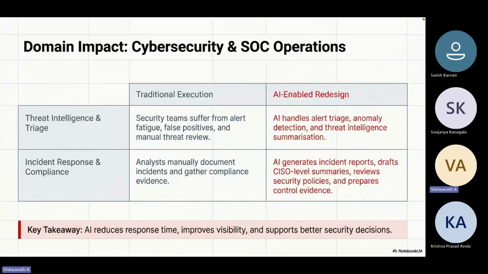But let's go back to our discussion itself. Once you have this incident report which you have generated, then you know how your security posture is standing at an organization. Once you have that review done and everything, then you know what your control evidence is. So where do you have to control?